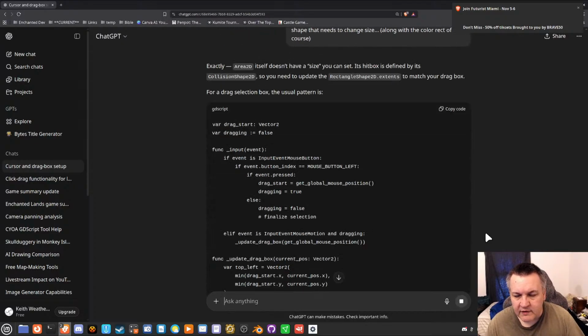Area 2D doesn't have a size. You can set it to the box defined by its collision shape, so you need to update the rectangle shape 2D extents to match your drag box. Yeah.